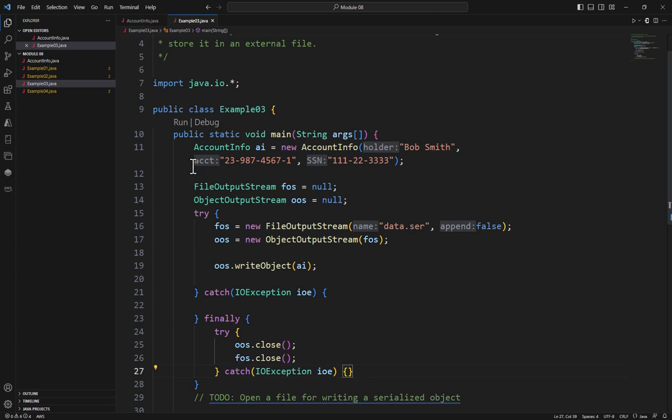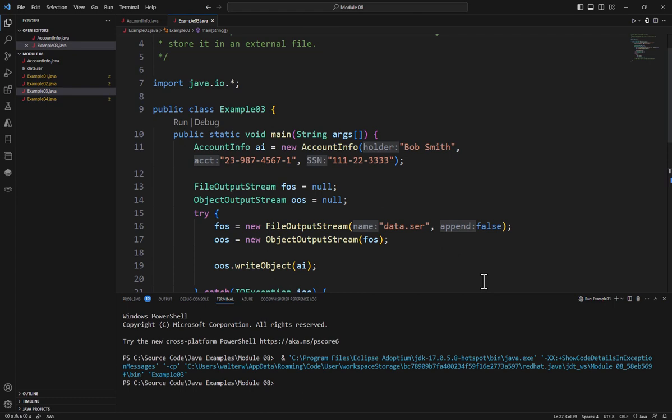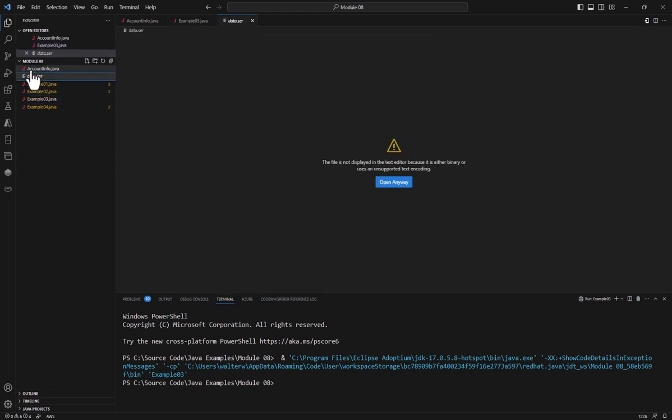I'm going to save this and run this just real quick. And it looks like nothing happened, right? If you look down the terminal window, nothing happened there. But if we come over here, we'll see a data.ser. That's the file we created. And right now, this is not a text file, so it asks, are you sure you want to open this? Or is there another thing to open it with? Yeah, we're going to open it